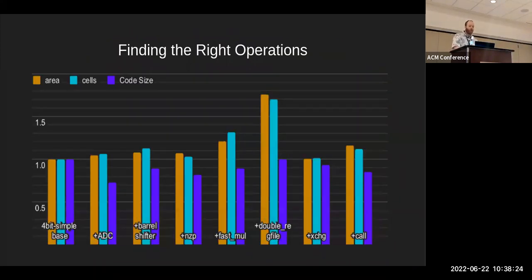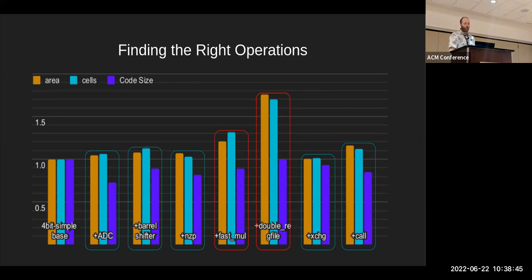This graph shows the normalized area, gate count, and code size improvement on a large benchmark program when using these ISA extensions. As we need to consider yield and thus area in addition to code size and performance, we selected these extensions, which provide a good trade-off between code size improvement and area overhead. On the other hand, we decided that the multiplier's usage was too limited to justify the large overhead. Similarly, we determined that doubling the data memory size, which has a large effect on area and gate count, is likely to affect yield negatively.